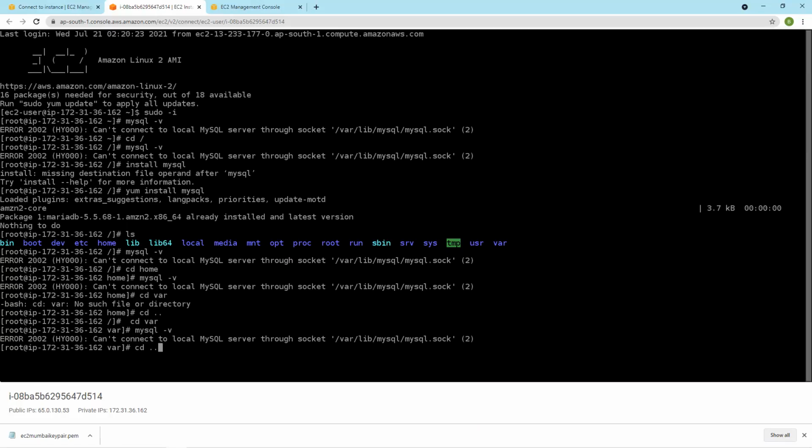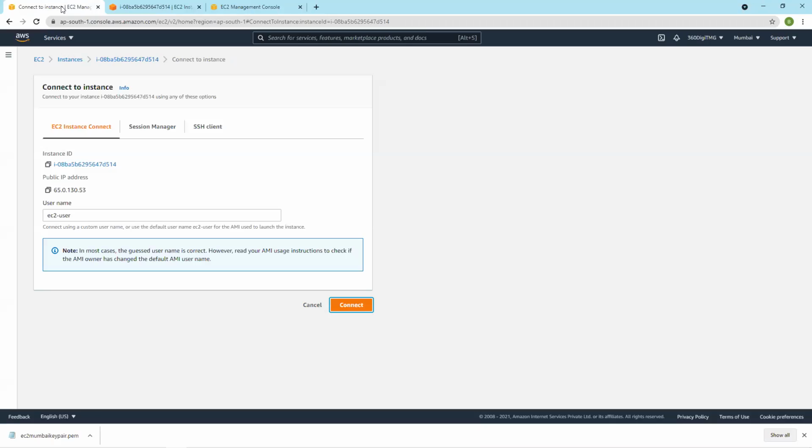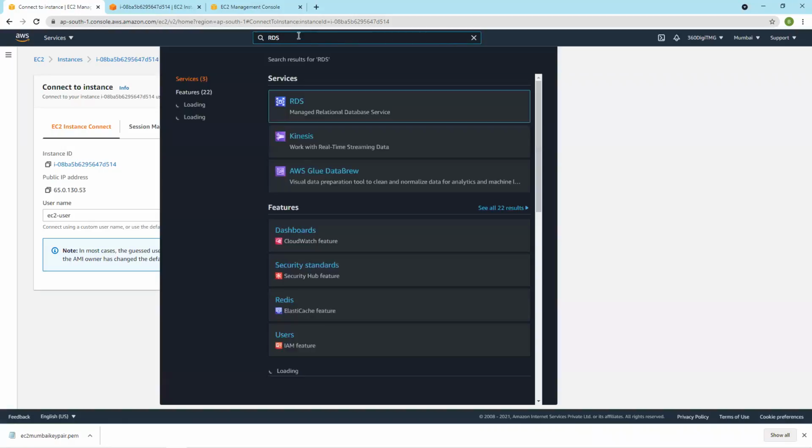Let's try to execute this command now. mysql -h, where h means host, and give our RDS endpoint.